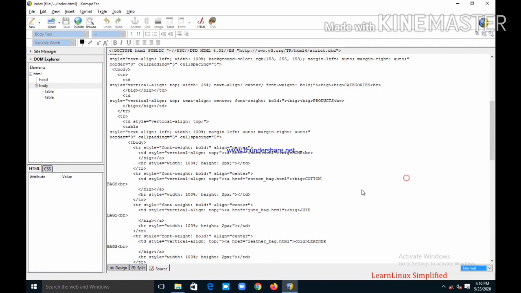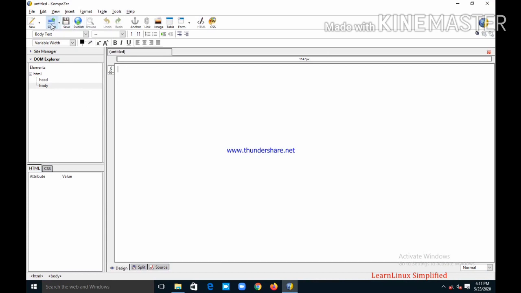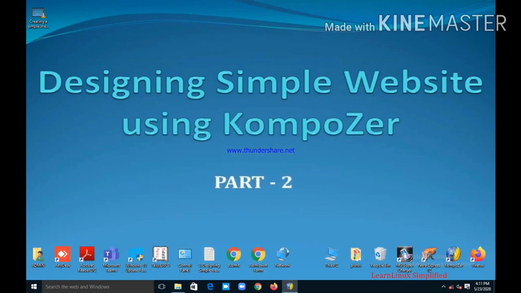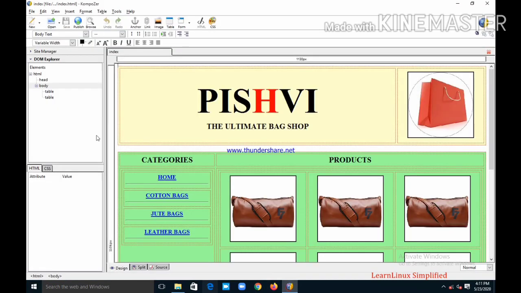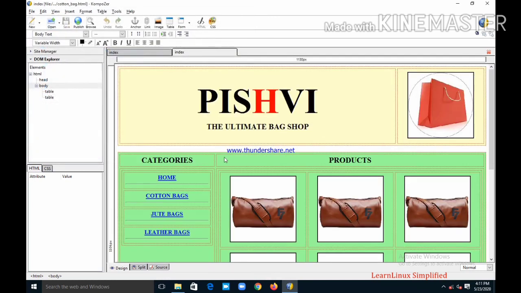Okay, now these 3 pages are created. Now we will modify each and every page. I am minimizing it. First we will start with the cotton bag, so let's open cotton bag. Majorly 4 to 5 changes you have to make in each page.